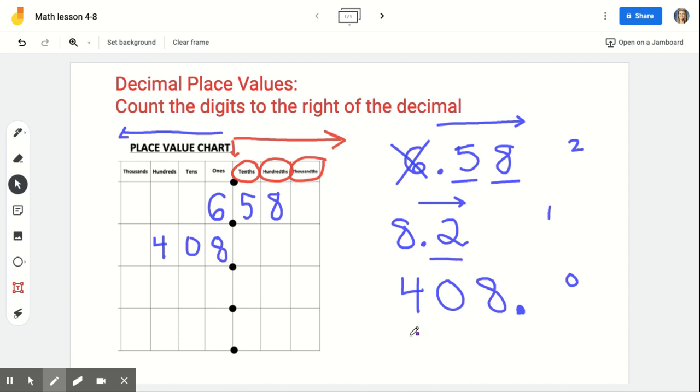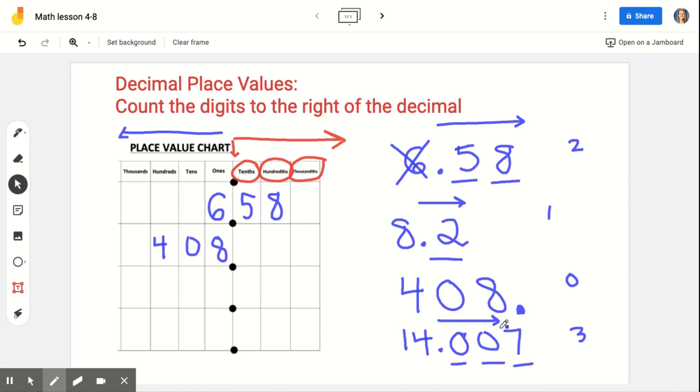Let's do one last number together. Let's do 14 and 7 thousandths. Go ahead and draw that on your whiteboard. How many decimal places are in this number? Find the decimal. We're looking at anything to the right of it, and we're going to underline any digits that come after the decimal. 1, 2, 3. There are 3 decimal places